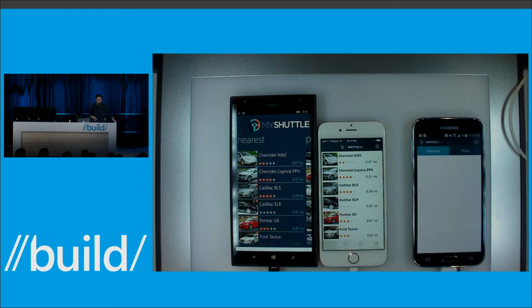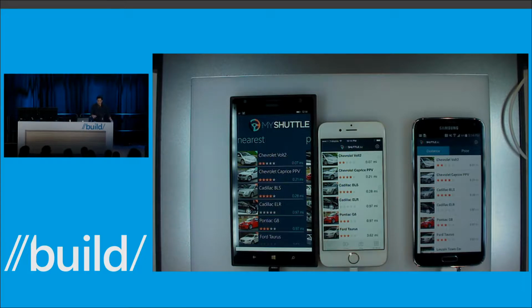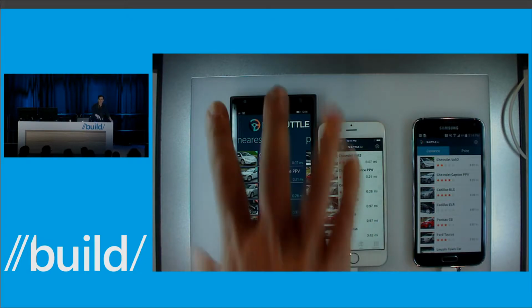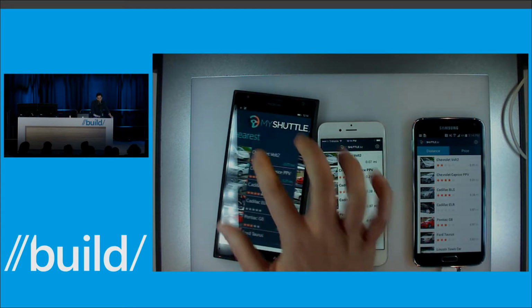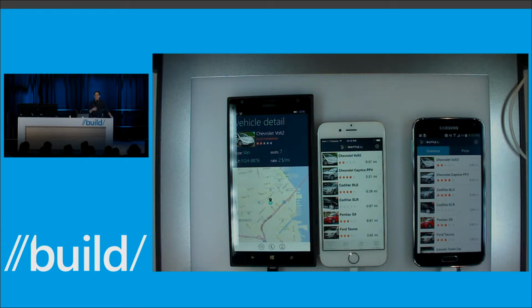And as you can see, the layout for each one of these apps is actually distinct per device. Now, this is a consumer app, so I want to make sure that my consumers that interact with this app in the App Store get what feels like a very native experience for their app. As you can see, for the Windows device, this is Windows 8.1. So I will show you guys a Windows 10 mobile application in just a second, but this one was authored using 8.1. You can see that we have the pivot control. If we look at the navigations, you can see that the navigation looks very Windows-like.